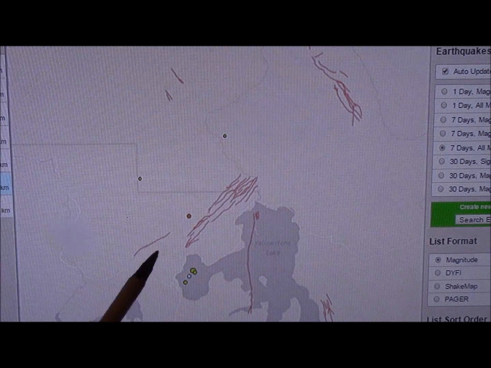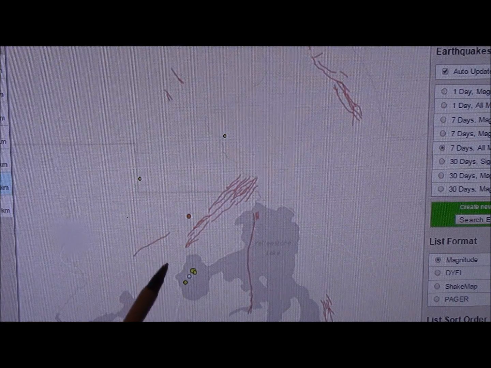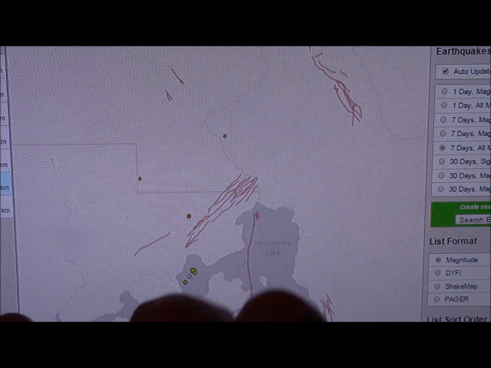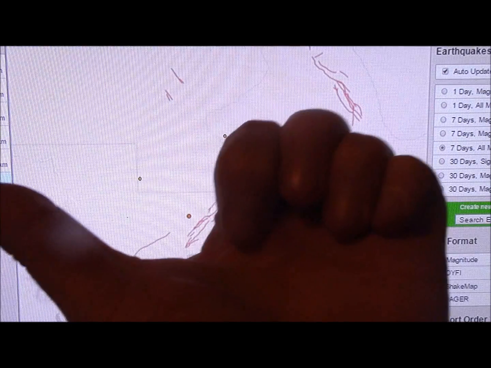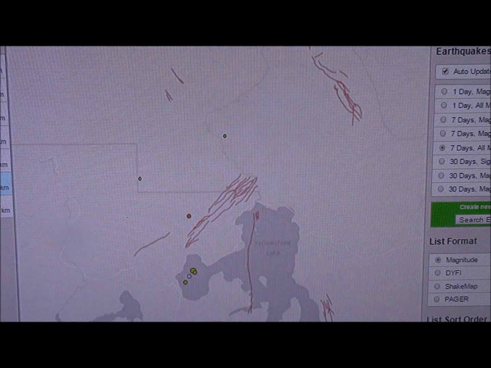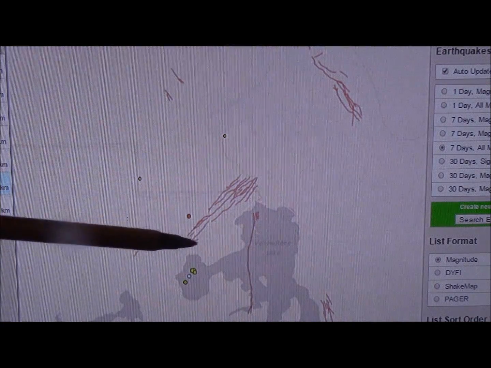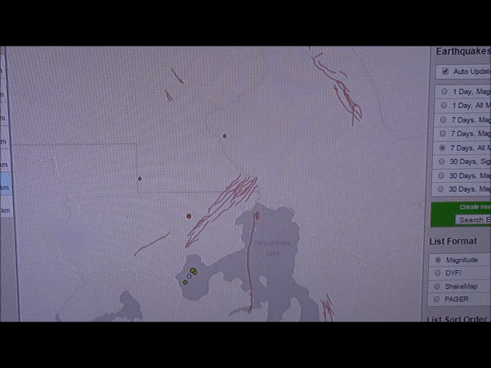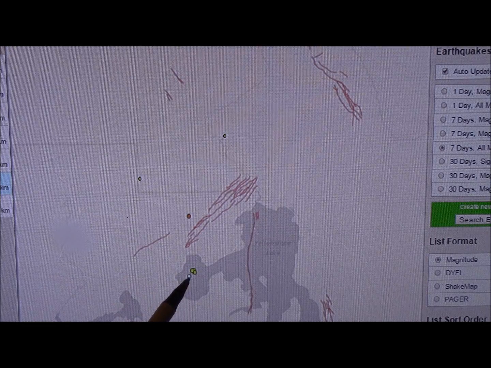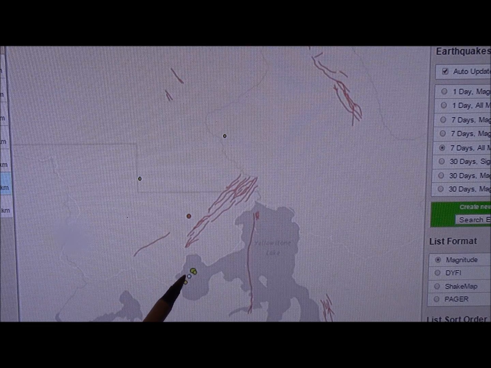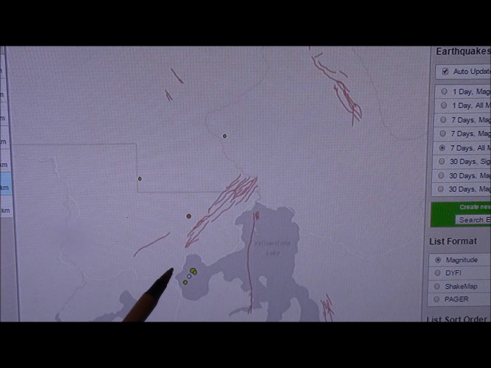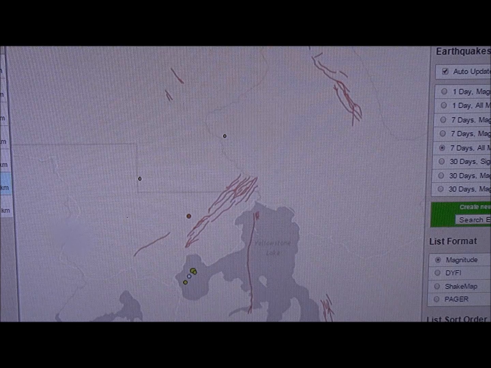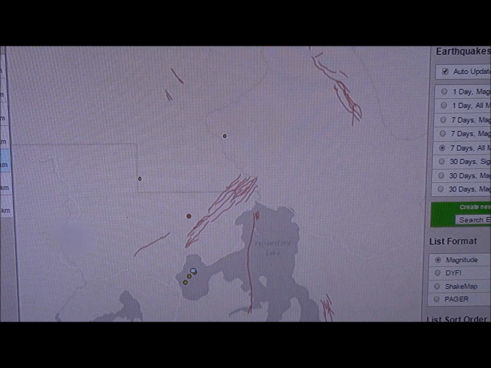And then after that, here's what we're going to mainly talk about today: this lake and West Thumb here. If you look at the lake like a palm, this is the thumb, and that's why it's called West Thumb. There was a whole series of quakes there. The first one was right there, and it was a 1.1. It was at 2 kilometers deep. And then 45 minutes later, there was a